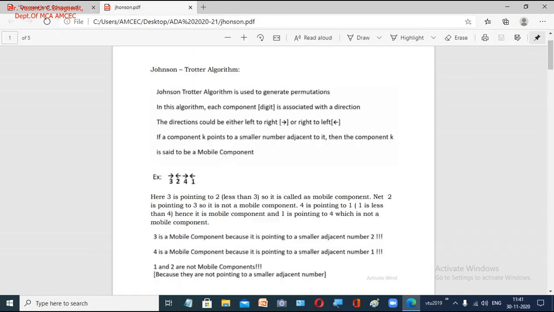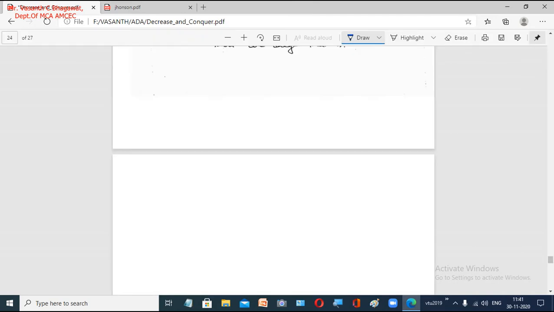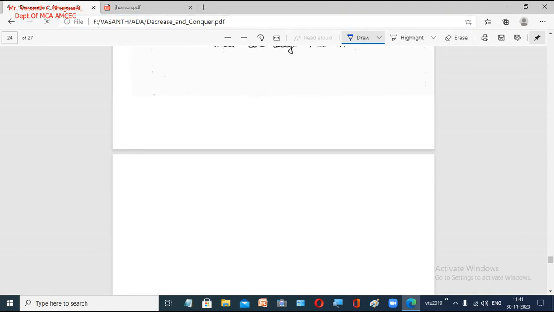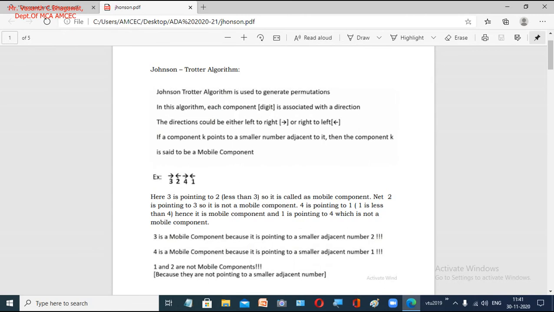Now let us look here. Before we go to this algorithm, let us first take an example and solve it, so that it becomes very clear for us. What is the Johnson-Trotter algorithm telling?